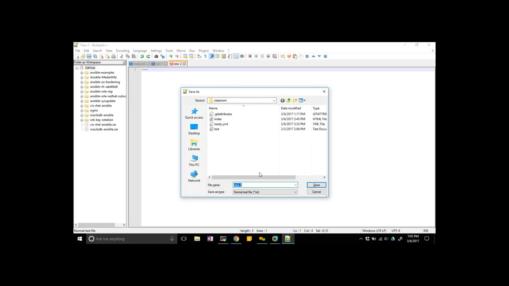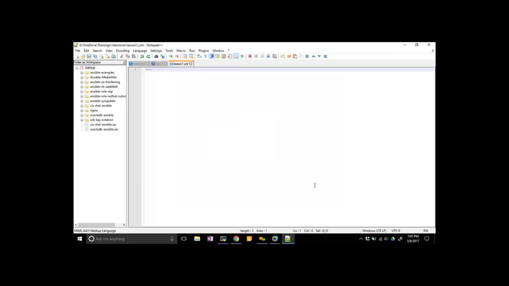I'm going to save it in my classroom folder. This is our lesson 1. Select it as YAML. When you save this file with the YAML extension, you can see all the syntax highlighting here.